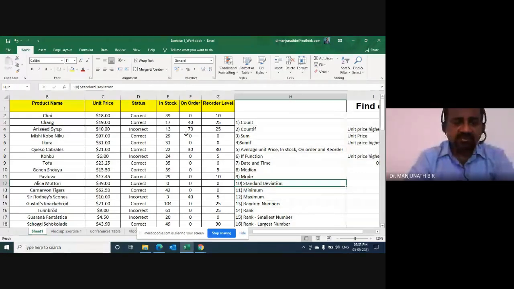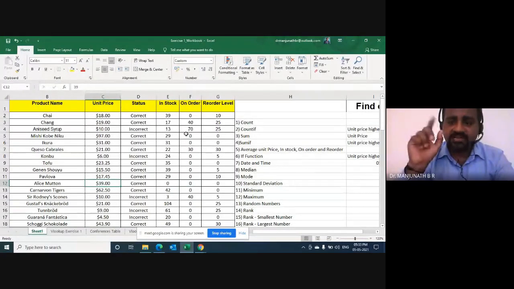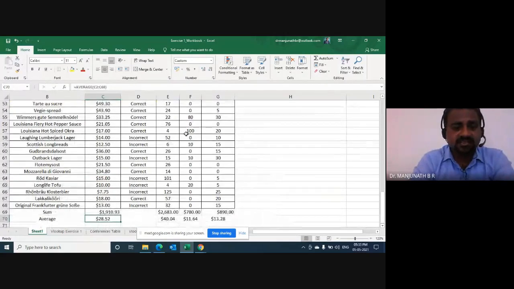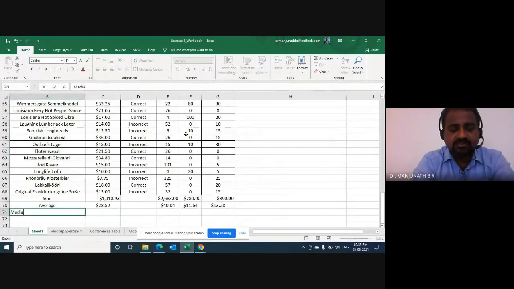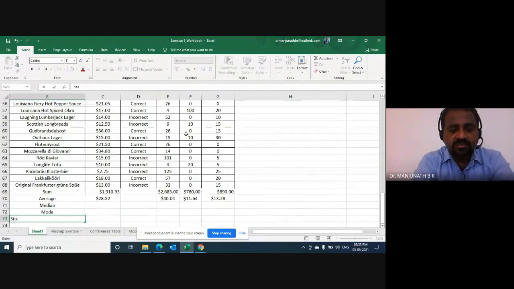Now let's go to the bottom of the data set. How can you go? Instead of using a touchpad and a mouse, you can use Control Down Arrow, and you can see here the last one. Perfect. Now I'll write here what we are doing now: median, mode, and standard deviation.